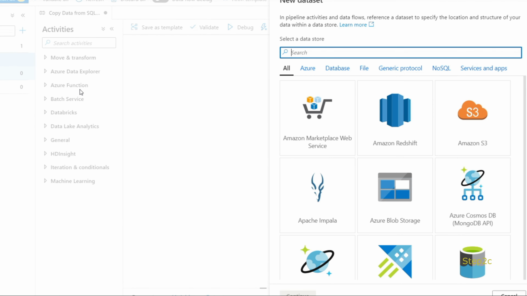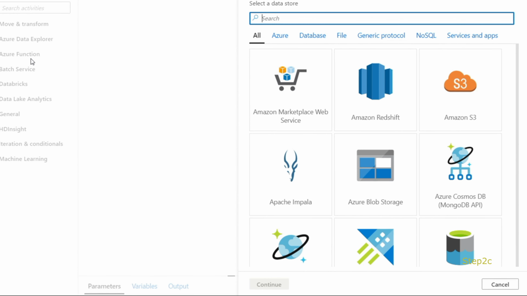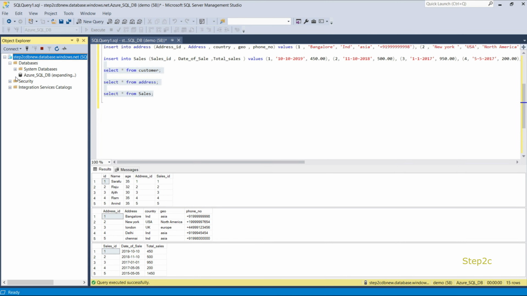So now we have two connections. One connection is pointing to our Azure SQL database, and inside the Azure SQL database we have many tables. So our SQL connection is pointing to Azure SQL DB, and there you could find many tables. While creating a dataset, we will specify which table or which data we are going to get from the database.